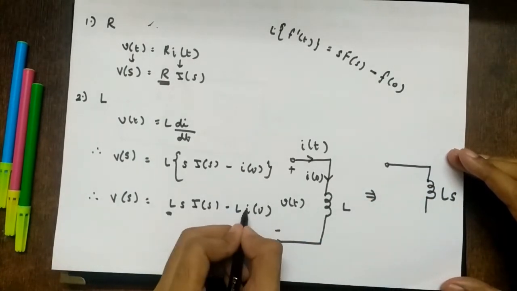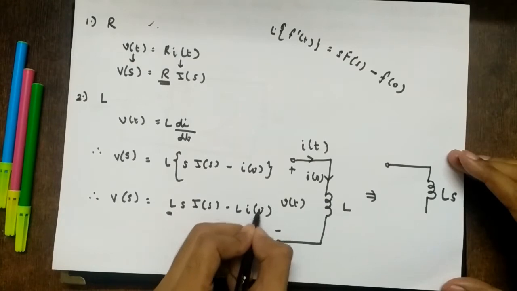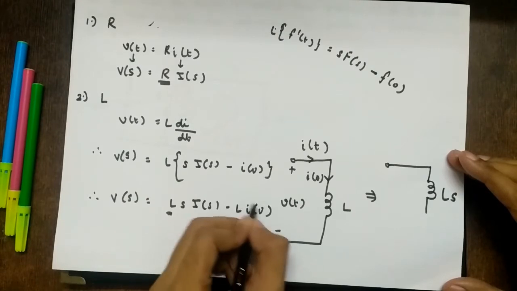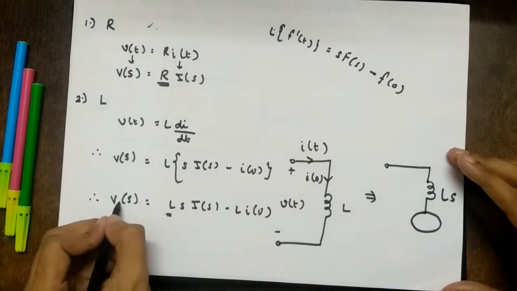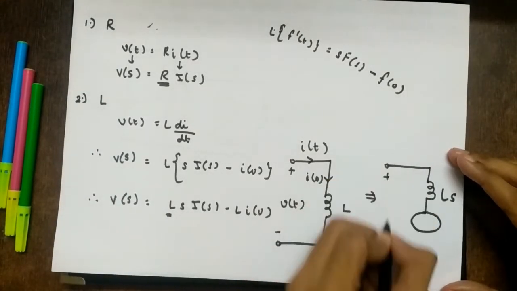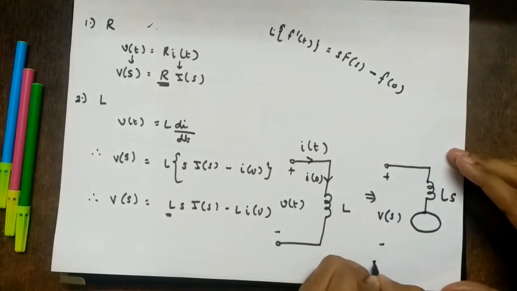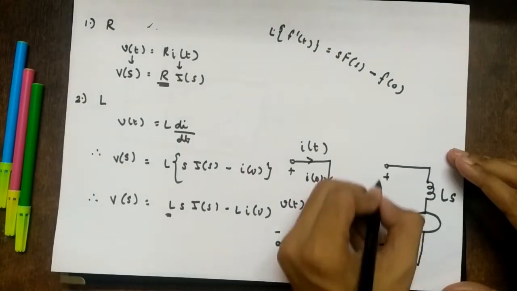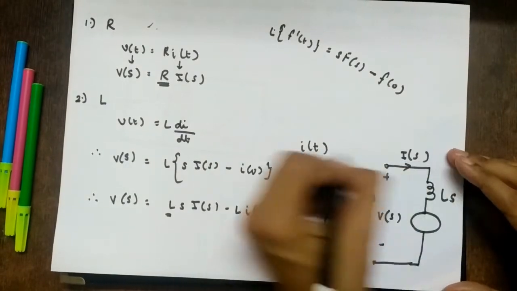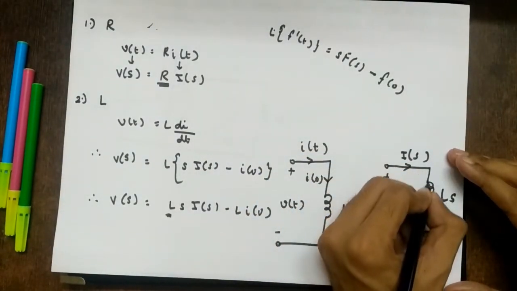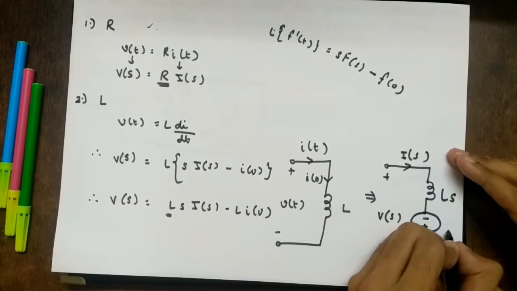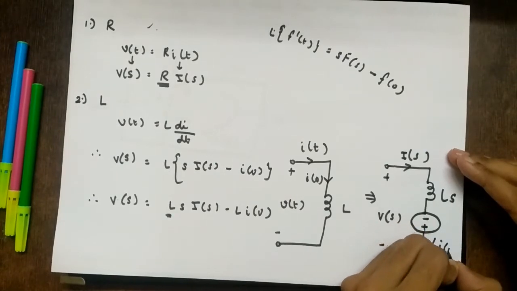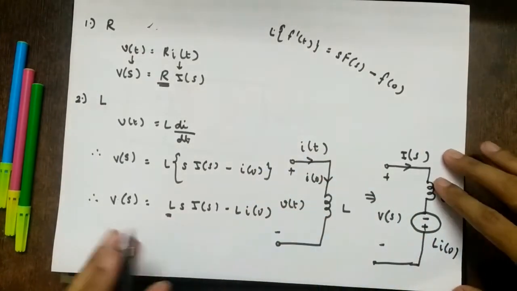And this is a voltage source, right? I of 0 is a constant, so you cannot say this is current into resistance. I of 0 is constant always. Since this is a voltage, there should be a voltage source here. So plus minus, let's say V of s. This is my circuit. I should get V of s. In the Laplace domain, I of t will become I of s. So V of s minus Ls I of s; here it is plus, so this should be plus, and the value will be L i of 0. This thing is very important, right?